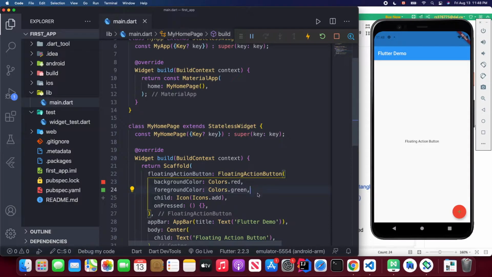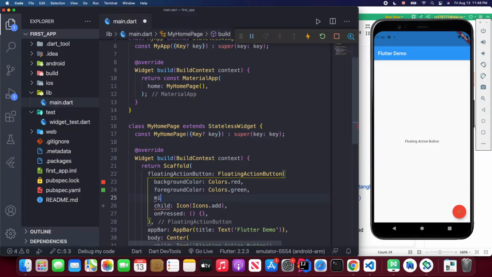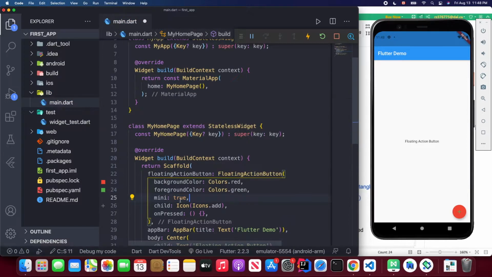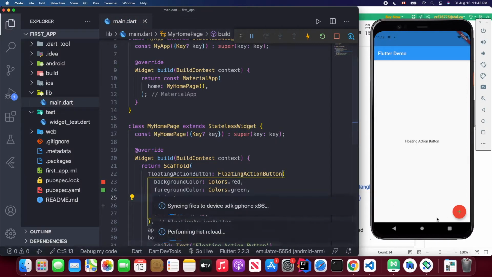It also provides an attribute called mini, and you can make it smaller. By setting this mini to true, you will notice when I save the code, this button becomes very